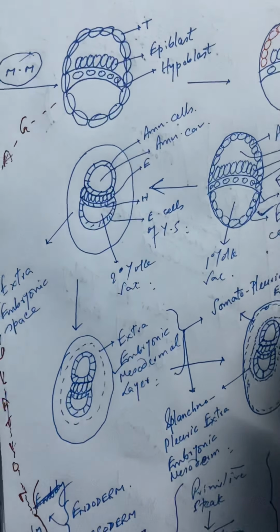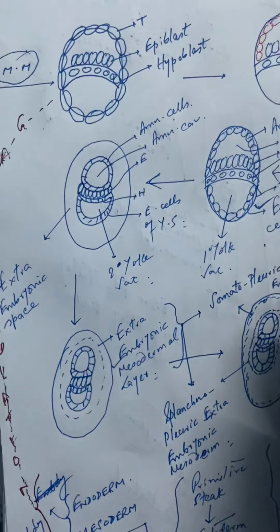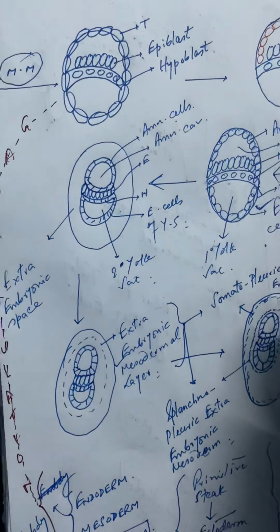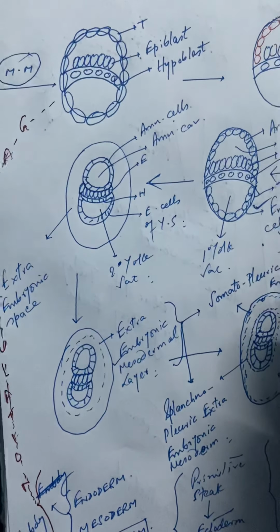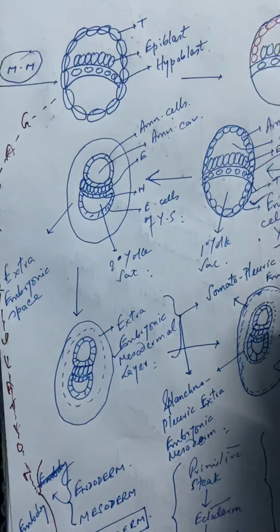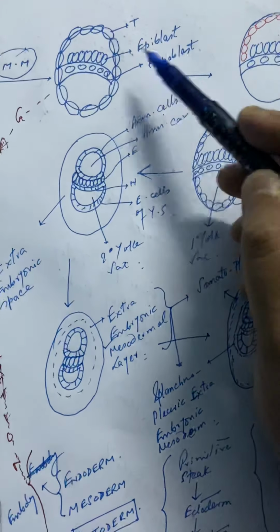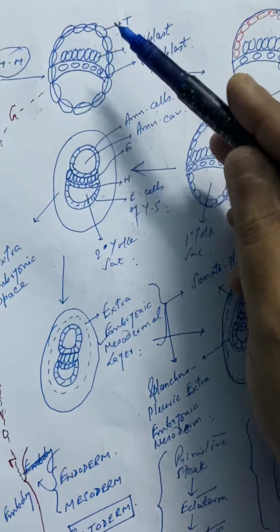Hello my dear students, today we will deal with the second part of the post fertilization changes, that is the part after implantation, and the major change that happens is the characteristic movement of the inner cell mass, which is called the morphogenic movement. And as a result of morphogenic movement you find two layers of cells, one is called the epiblast and the hypoblast, with the trophoblast remaining intact.